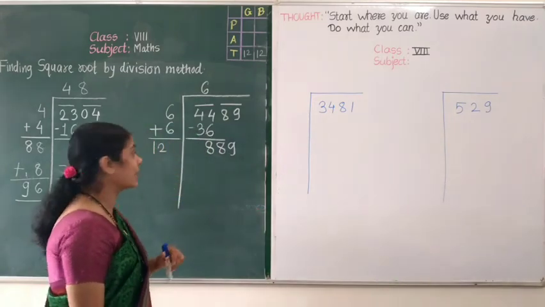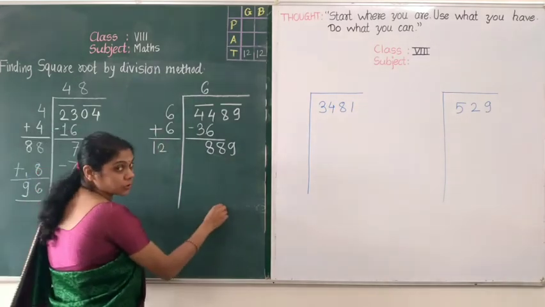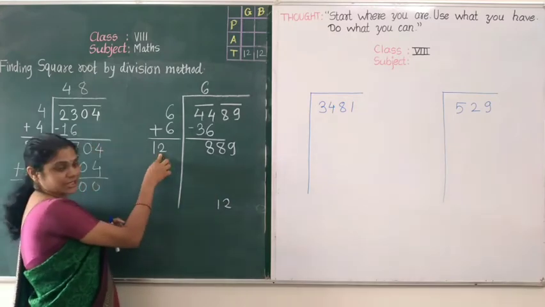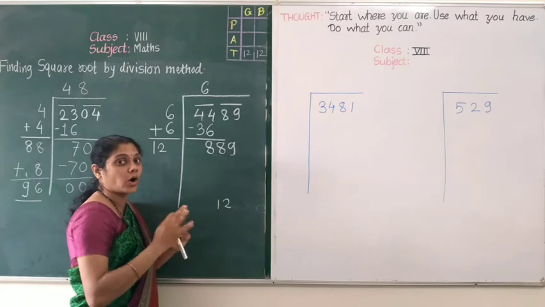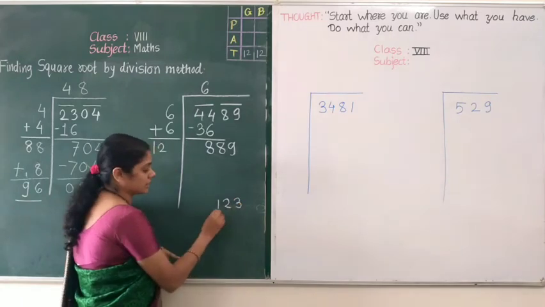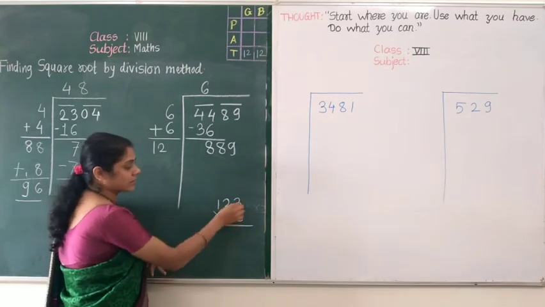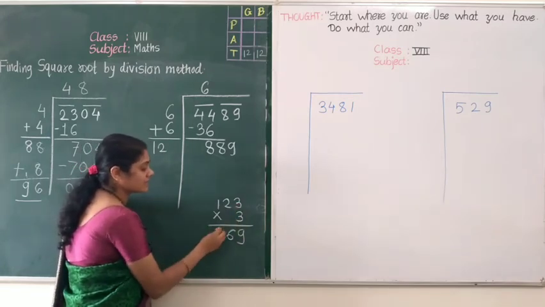So which number we can use? We will do here rough. Okay, now I am going to do here only. So my number is 12, whichever addition is coming here, and I have selected that I have to write here 3 or 7. So first of all we will write here 3 and multiply with that same number only. 3 3s are 9, 3 2s are 6, 3 1s are 3.